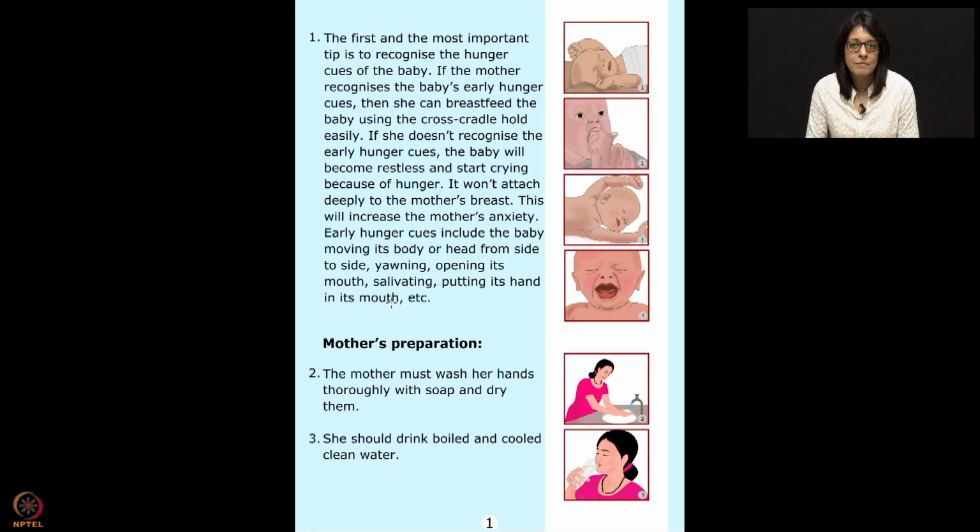Second is your mother's preparation. So mother's preparation is also very, very important. Here we have shown that mother needs to wash her hands. And another thing, which I really want to reiterate, is to always explain the logic to the mother. So for any point that you're explaining, if you teach her the logic, she will not forget. So here the logic is basically, she has to clean her hands with soap and water, because that will